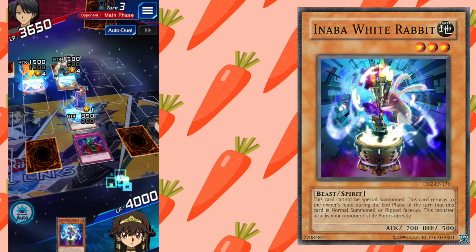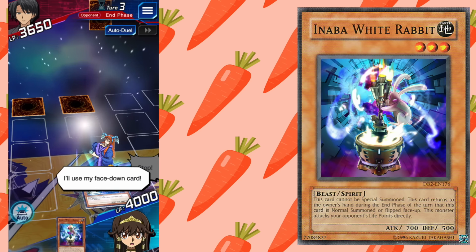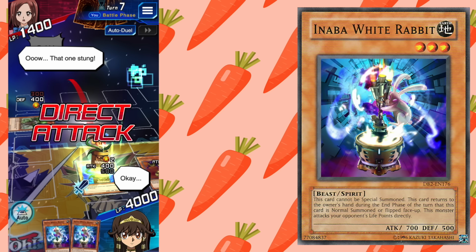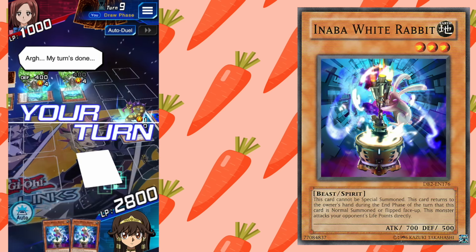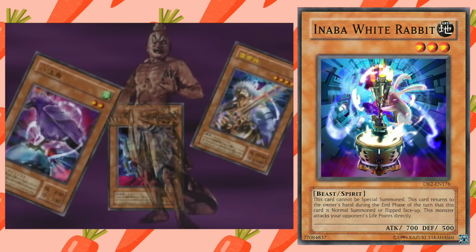You could use momentum busters like Bottomless Trap Hole to stop your opponent from sticking monsters on the field, or floodgates like Gravity Bind to stop your opponent's bigger monsters from attacking, but if you didn't get lucky and draw those cards, your direct attackers were toast. Though Inaba has an extra effect since it was in the first batch of spirit monsters, where any spirit goes back to your hand at the end phase,